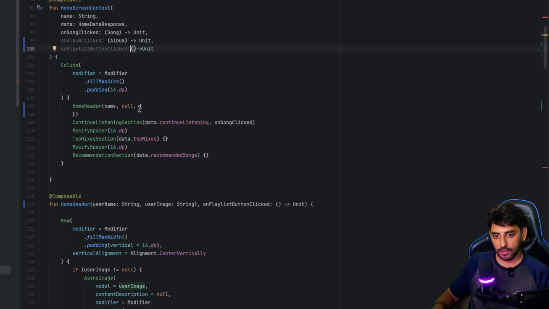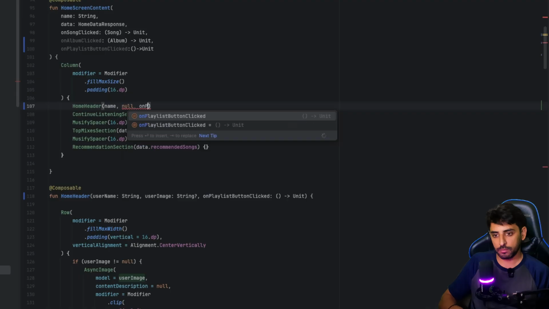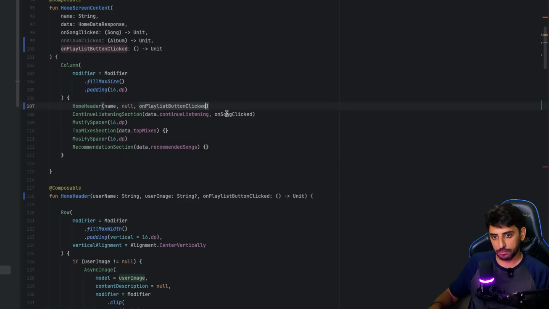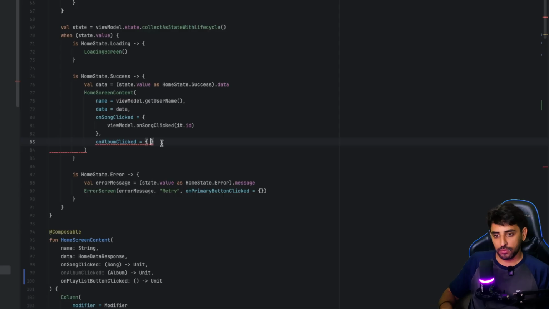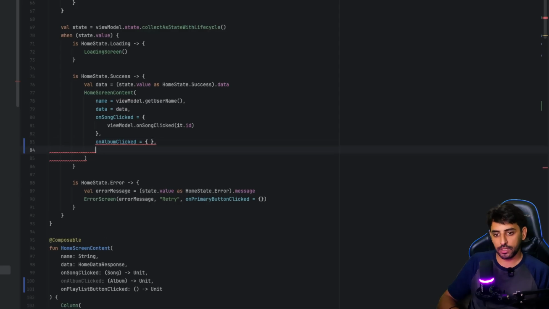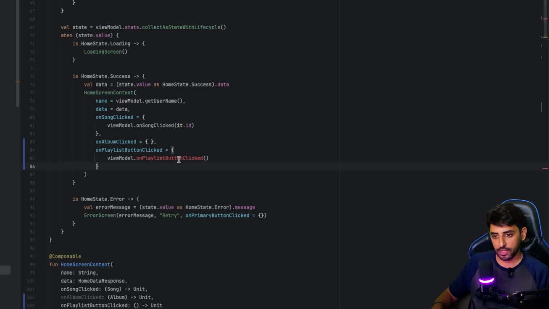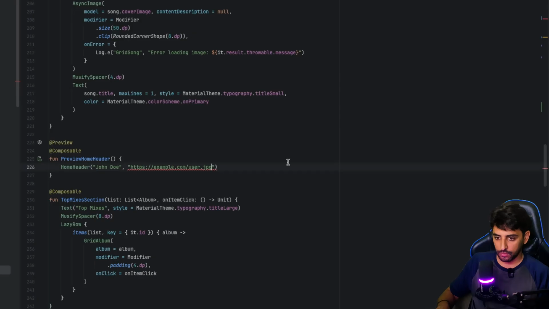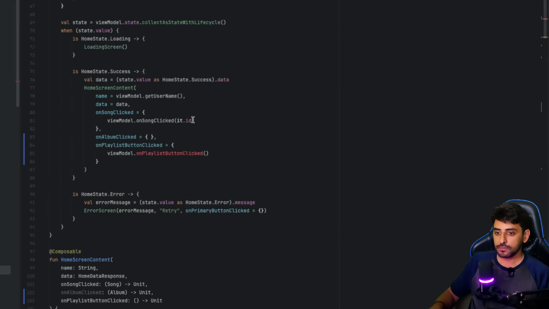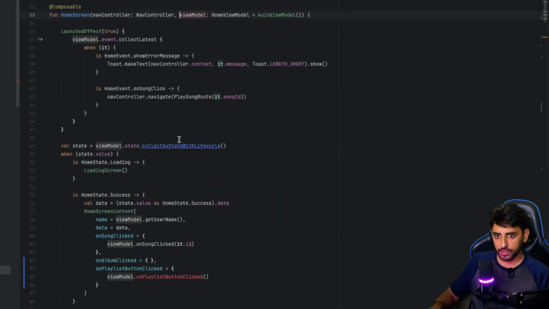Okay. And rather than using this, what I'm going to do is say on playlist button click, we'll pass that. When we go to the home section, now over here you can see we have this section, and again, like on playlist button clicked, we pass it to the view model. We also need to fix this over here as well, so let's just fix that with the preview section as well. And now this one problem is there,